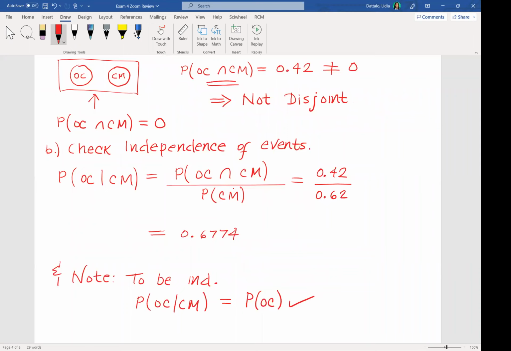This has to check. Now, we just calculated the probability of on campus, given that you get a campus meal, and this does not equal 0.56, which is the probability of living on campus. So because